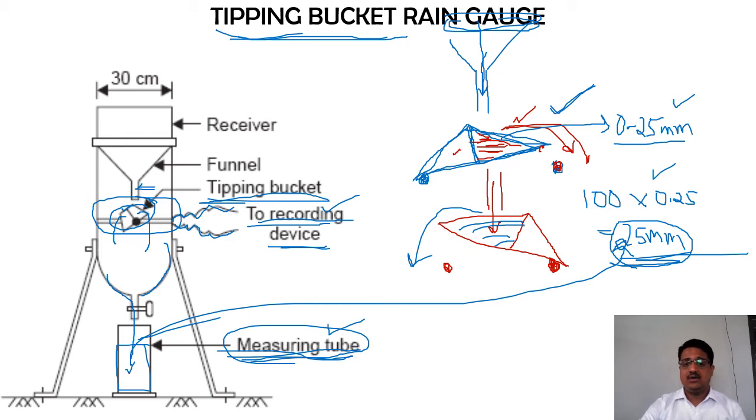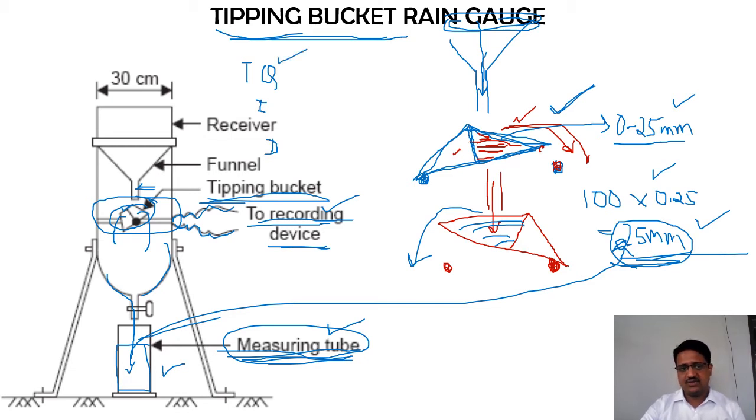Because we said we want to know the total quantity of rainfall. One thing that can be measured is something like this, just now what I have shown, or you can cross-check with the measuring tube which was there. Apart from that, next is the intensity of rainfall. We need to check that. I'll tell you how to get the intensity of rainfall with this. The third one is the duration of rainfall. Okay, so there are three things you need.